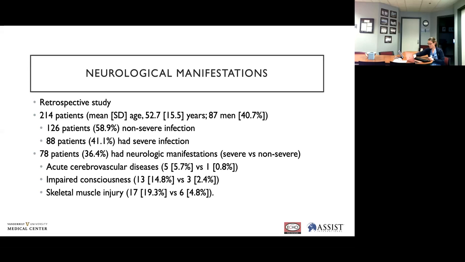Of the 214 patients that were examined, 78 patients, or 36%, had neurologic manifestations. As you can see below, these numbers highlight those neurological manifestations in severe versus non-severe cohorts. They were deemed to have acute cerebral vascular diseases, impaired consciousness, and skeletal muscle injury. You can advance that slide,